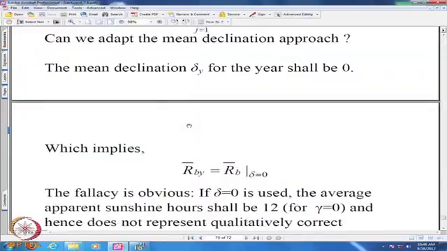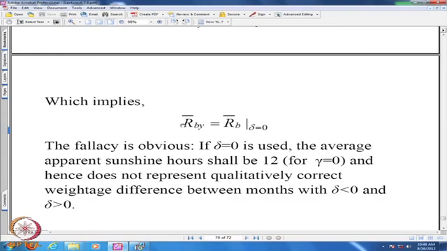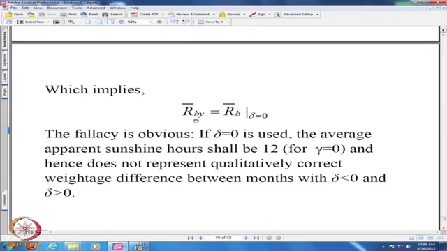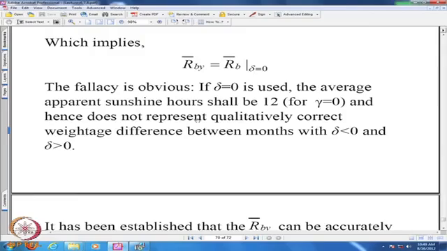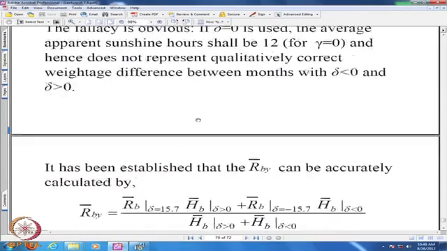So, if I take delta equal to 0, my average sunshine hours, total number of sunshine hours will be 12 into 365, because every day we will be having 12 hours, and we put delta equal to 0, it becomes independent of phi, independent of phi minus beta. Consequently, I am very likely to get an incompatible value, if not a wrong value. Then the suggestion